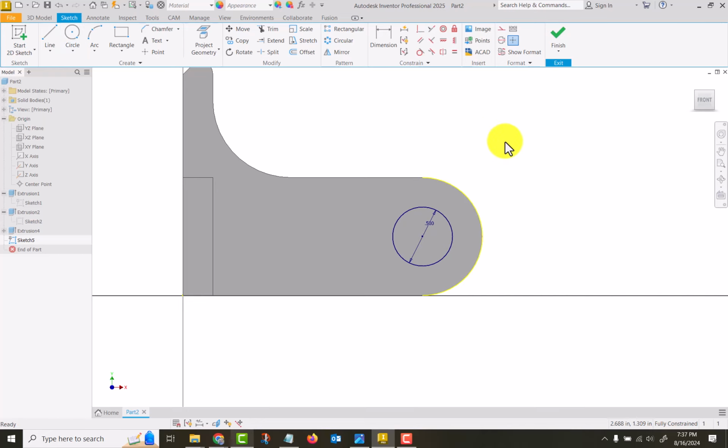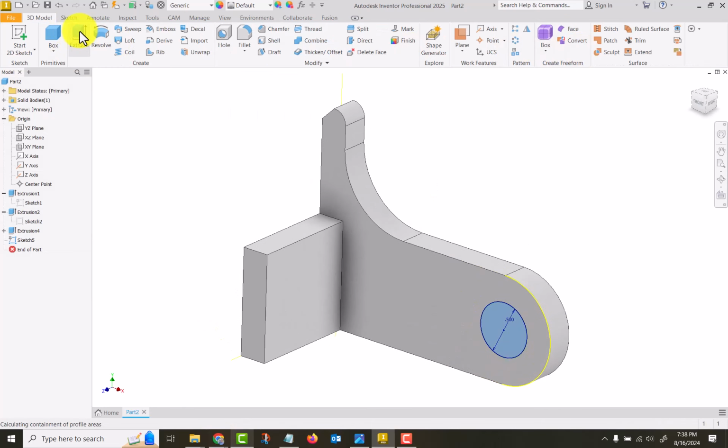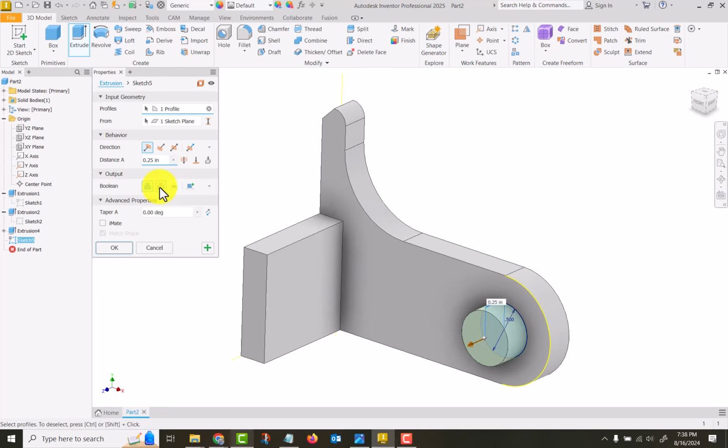Okay, now it's fully constrained because I gave it a diameter and I gave it a concentric constraint based on this arc. If I had drawn it somewhere out here, I could apply a concentric constraint, and it would move it and make it concentric. Okay, so I've got that sketched in, so I'm going to finish that, go extrude, but I want to cut,